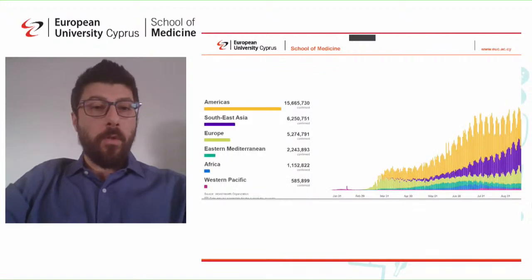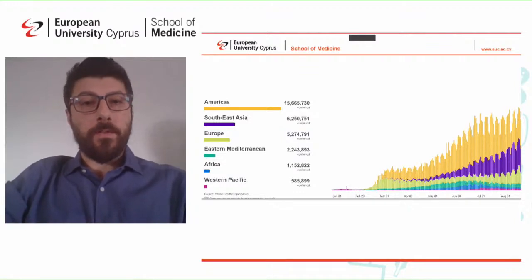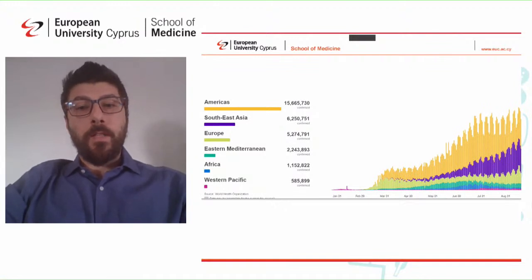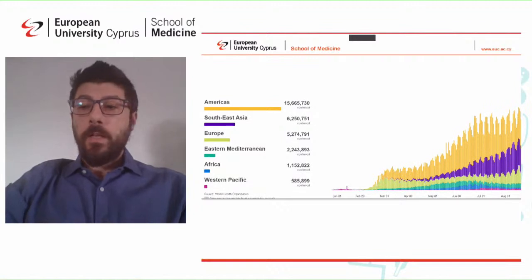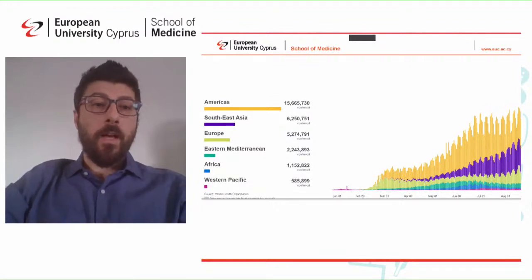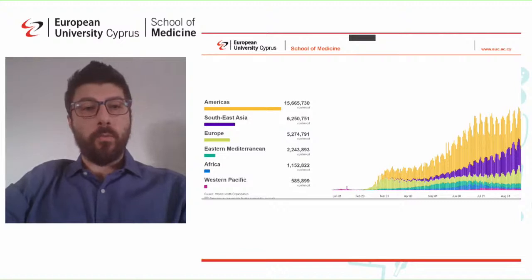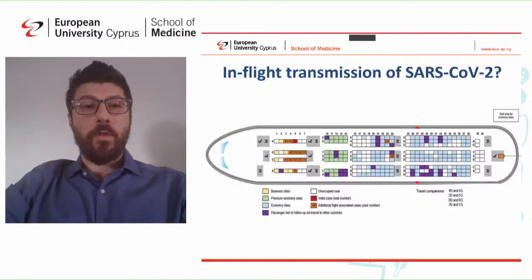So this is also from the WHO that actually shows us the daily and the cumulative, that's the total number of confirmed cases in their different geographic regions, as you can see with different colors. For example, the continent of America has the highest toll of confirmed cases worldwide, followed by Southeast Asia and then Europe. However, these are just numbers, either daily or cumulative. We have other epidemiological indices that we use when we want to evaluate the risk of each country.